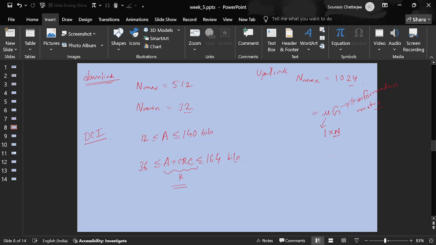Of course u has a greater length compared to k, so how do I fit it there? Divide it into two sets. One is the information set and another one is the frozen set. To the information set, fill those k bits, and